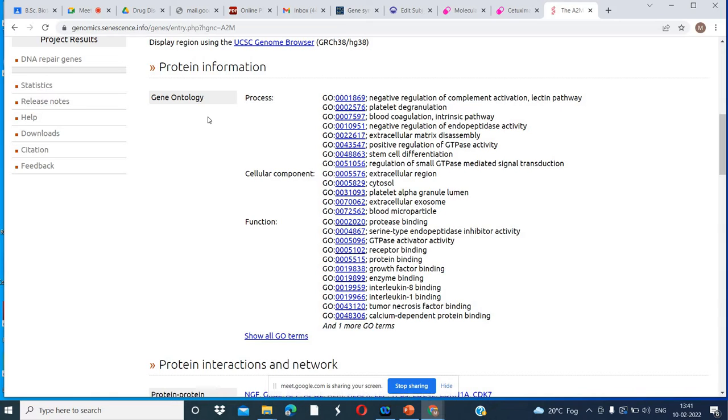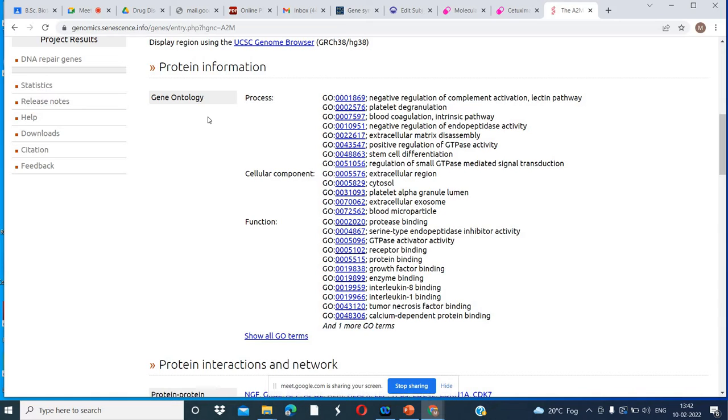Information about the function is also given here. What is the function of this gene? Protease binding, serine type endopeptidase inhibitor activity. These are the functions of this gene. GTPase activator activity, receptor binding, protein binding, growth factor binding, enzyme binding, interleukin 8 binding, interleukin 1 binding.